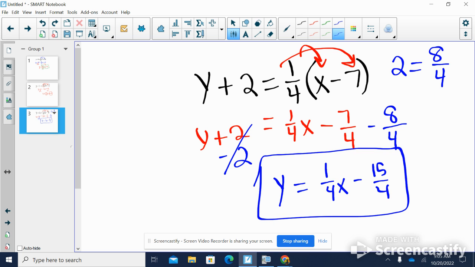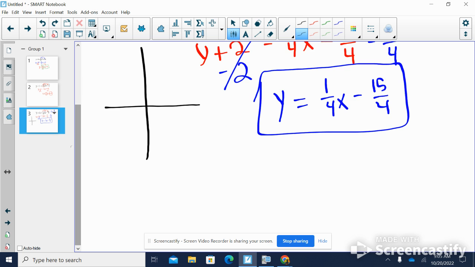And if you're not 100% sure where 15/4 is, it's roughly 4.25. So if I was going to graph, and my y-intercept is negative 4.25, so negative 1, 2, 3, 4, 4.25 would just be slightly underneath the negative 4. And then I would use my slope